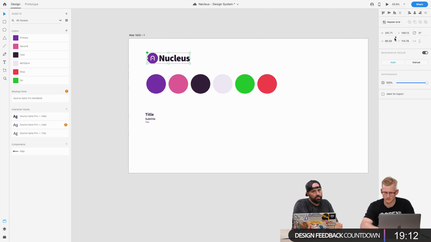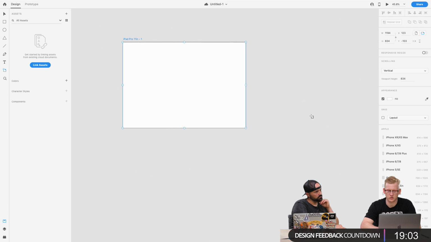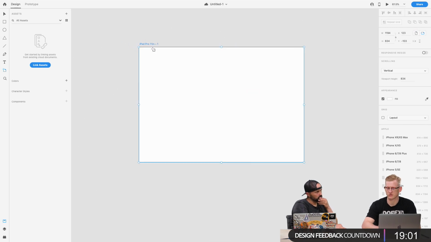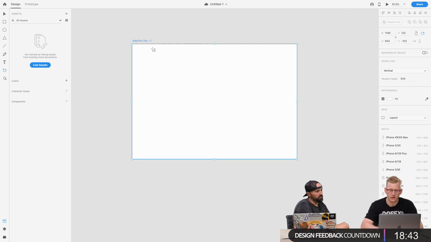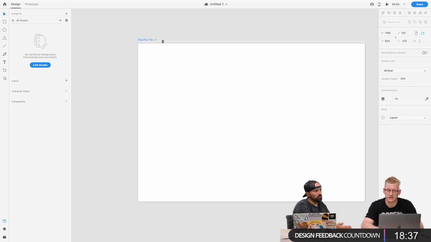So for my icons, I think I'm going to just design them in a 64 by 64 box. And this is actually why I chose 11, because the boundaries are 1194 by 834. So we've got that there, which means we can do an 8 pixel grid. Oh, perfect. Yeah, so I think we can use an 8 pixel grid. Our gutters, our gaps, our columns will all be based off of 8. So our gutters are actually going to be, I'm going to do this here. I've got a 24 by 24